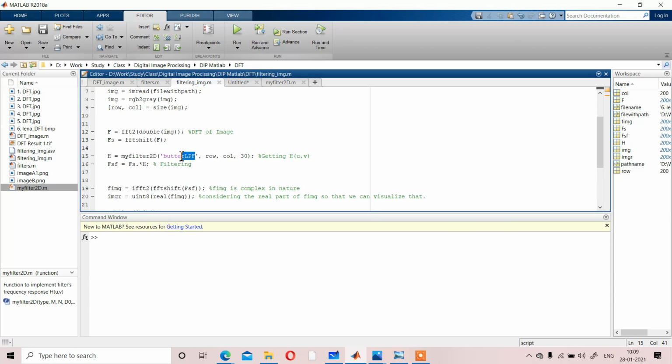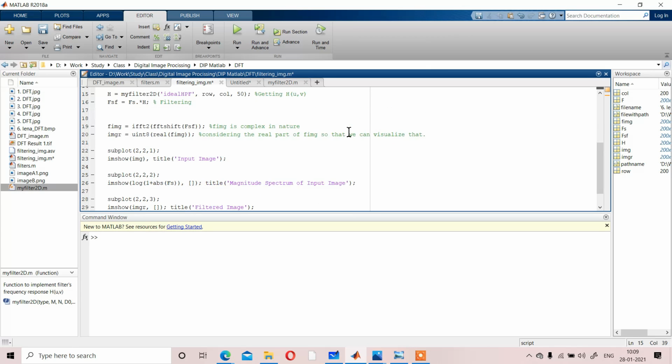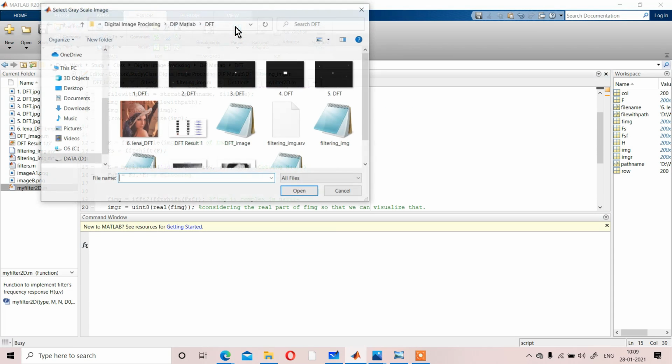Now, instead of the low pass filter, if we use the high pass filter, what will happen?